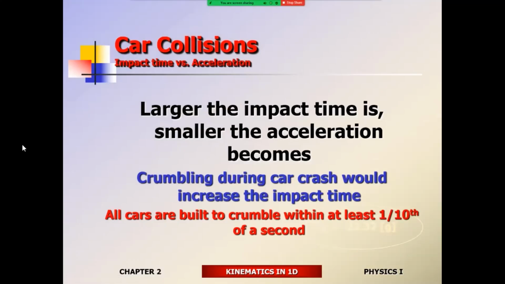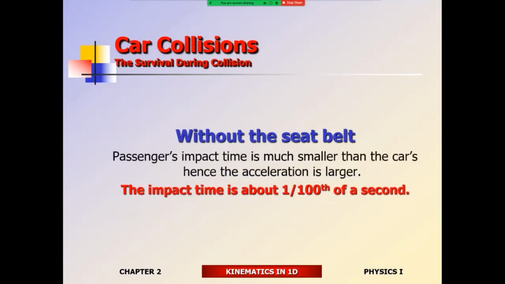So what's going on? Well, you get the impact time from the crumple zones. Crumple zones usually should have at least a tenth of a second built into them at 40 to 50 miles per hour. Without the seatbelt, your impact time is not the same as the car's, right? The 3 people who died, including Princess Diana, obviously, none of them were wearing seatbelts. None of them. If you're not wearing a seatbelt, you get your impact time from whatever it is that you hit and whatever it is that you can break within your body. Okay, so it becomes a problem.